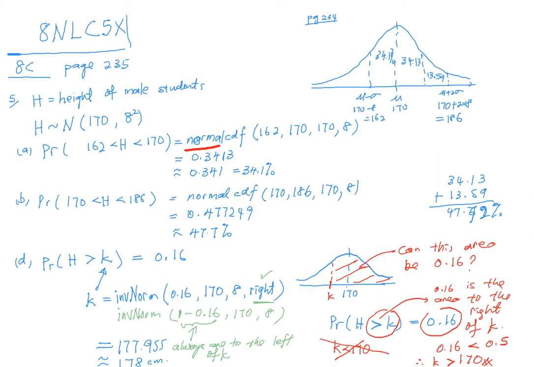Normal CDF is to find the probability. Inverse norm is to find the value of the variable. See or not? Are you okay? Yes, Miss. Okay, good. So you get that right. Okay, now we are going to solve